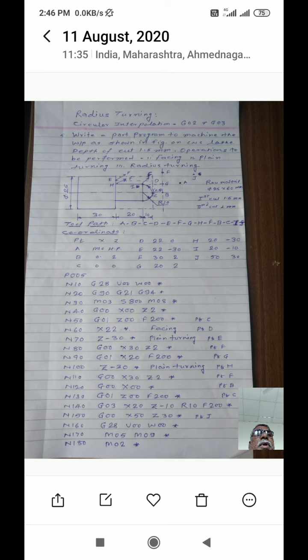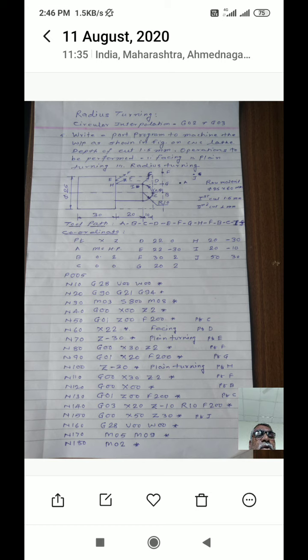Then after performing the radius turning, you have to retract the tool away from the workpiece with rapid traverse, that is N150 G00 X50 Z30, end of the block. It means your tool will reach point J as shown in the figure, just away from the workpiece, so that you can easily remove the job from the jaw.